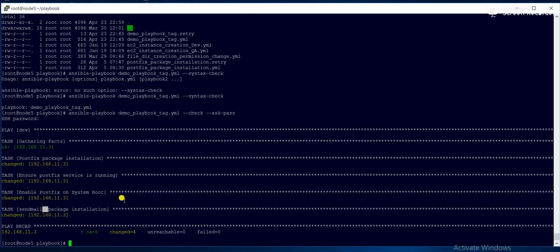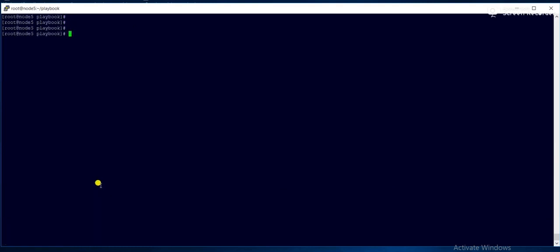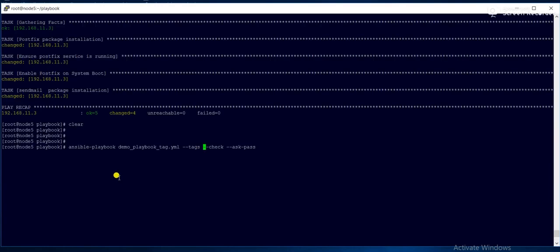Suppose I want to run this task only. So I need to pass one parameter called --tags. Then what is the tag name?